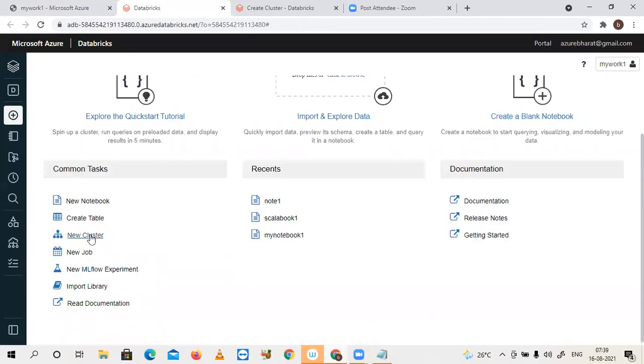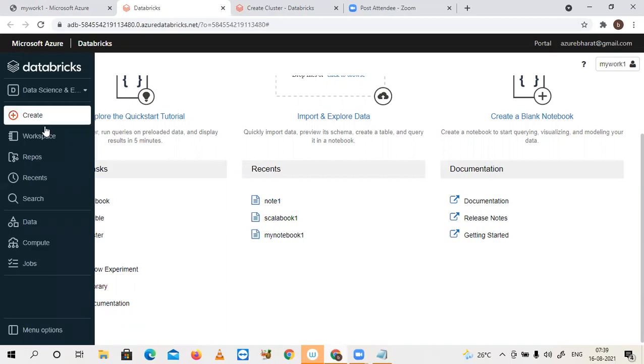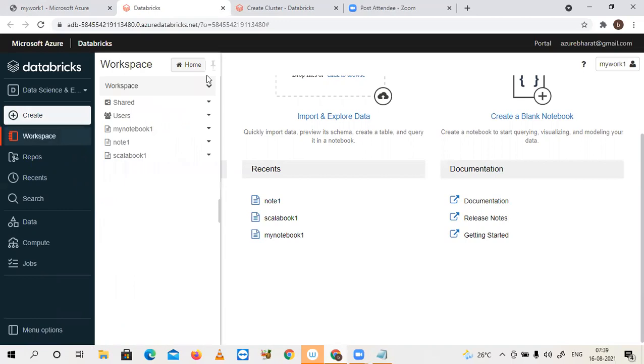Already I have a cluster. My cluster name is my cluster 1. Straight away I'm going to create. Observe here, there is a workspace. Click on this workspace, here is the workspace drop down button. All these are the things I have executed previously, what code snippets are shared in the workspace with the data science team, with the BI team, like that, and what users are participating in this. We can discuss this later.